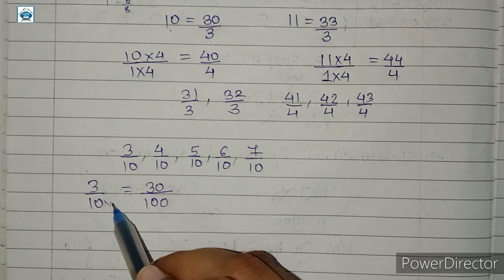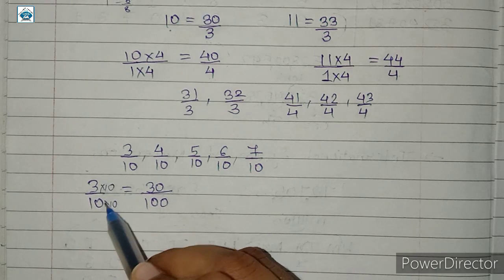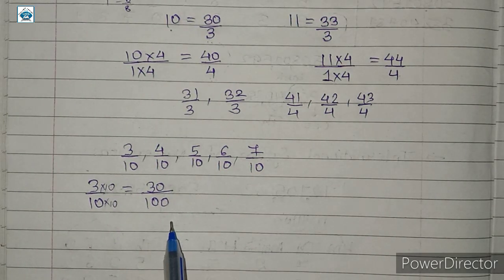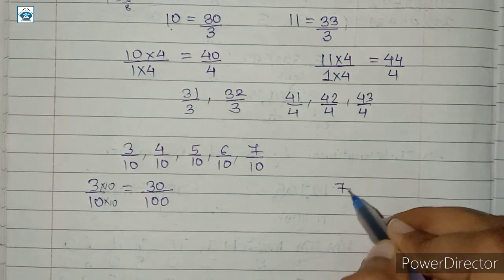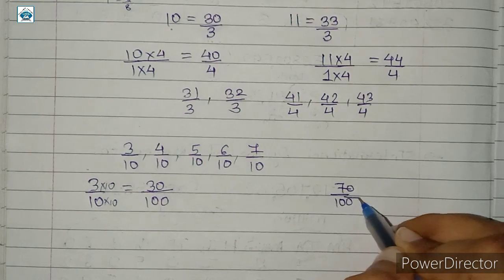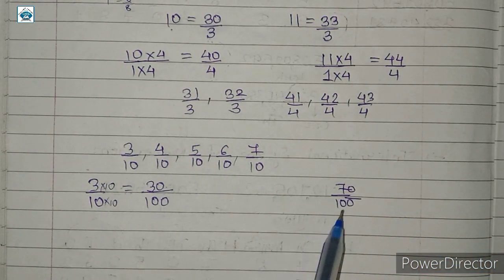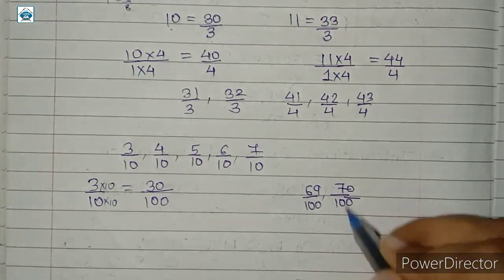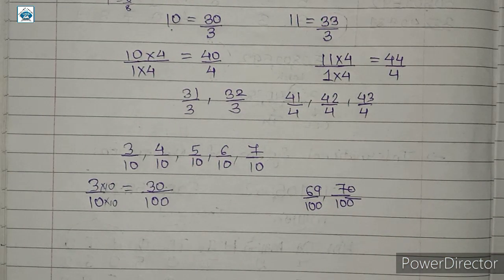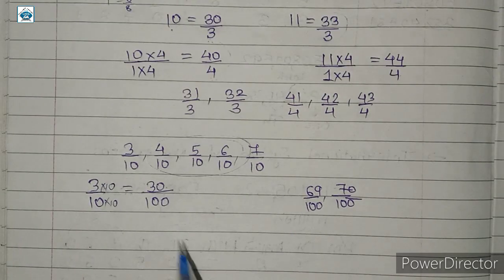So I will multiply this with 10, and the same goes to the numerator. So 3 by 10 is equal to 30 upon 100. In a similar manner, 7 by 10 is equal to 70 upon 100. So between these two, we have 31 upon 100, 32 upon 100 and so on till 69 upon 100. All these rational numbers lie between 30 upon 100 and 70 upon 100. So here we got 3. Here we got some more.